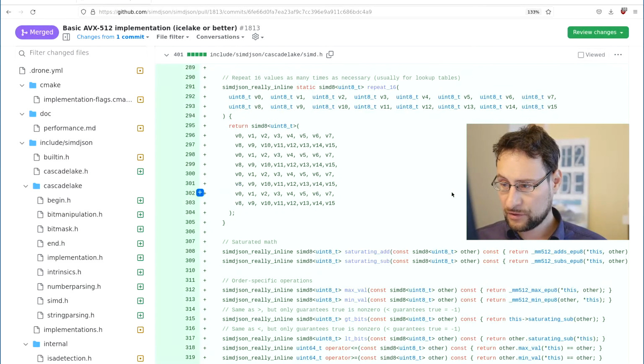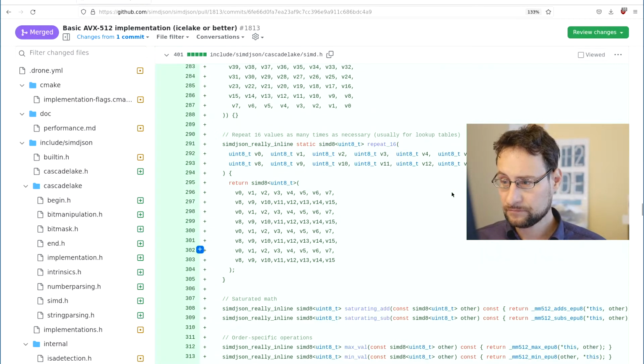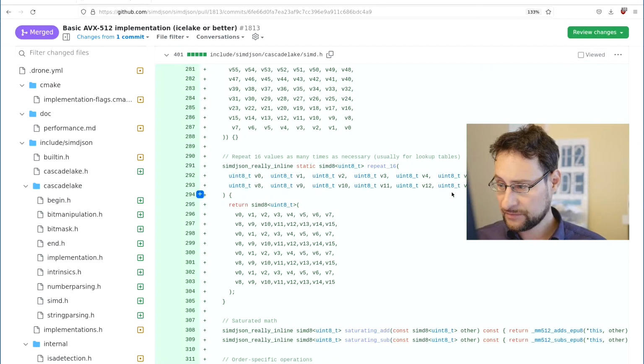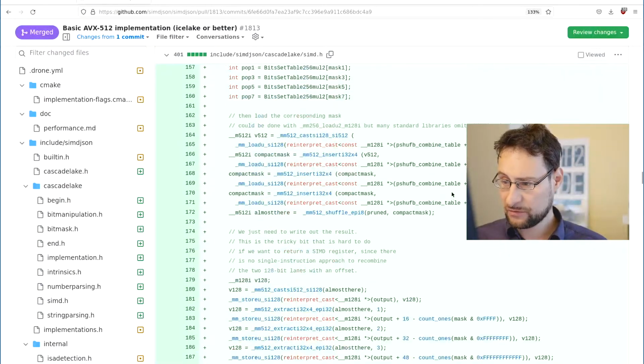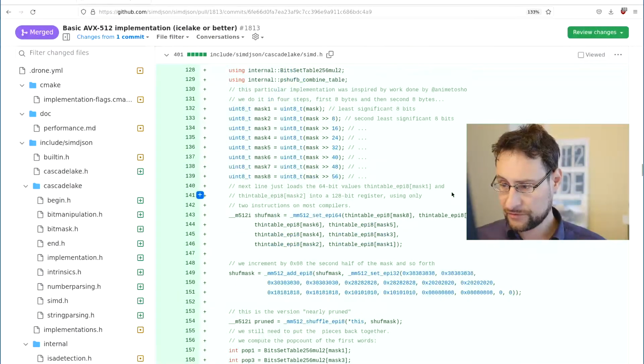I wish it would be more obvious here. Some 16 values as many times as necessary, usually for lookup tables. I would have hoped the code would look more interesting, to be honest.